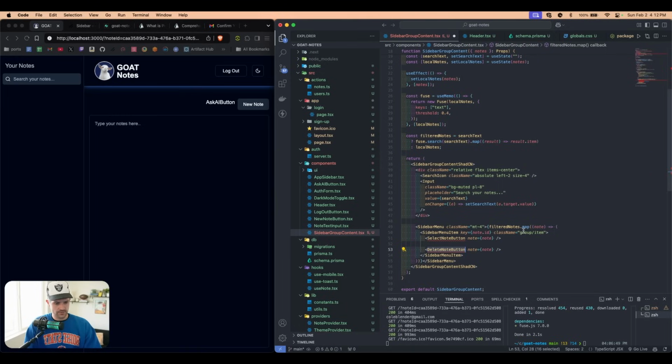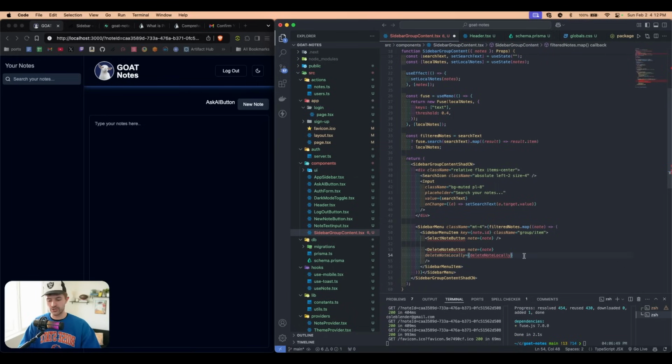So basically this has dynamic CSS that relies on us hovering over the group rather than this itself. So in here, we're going to say group hover, then do something. We're also going to pass in a function of this called delete note locally. And the reason we do this is because when we delete the note, it's going to delete it on the